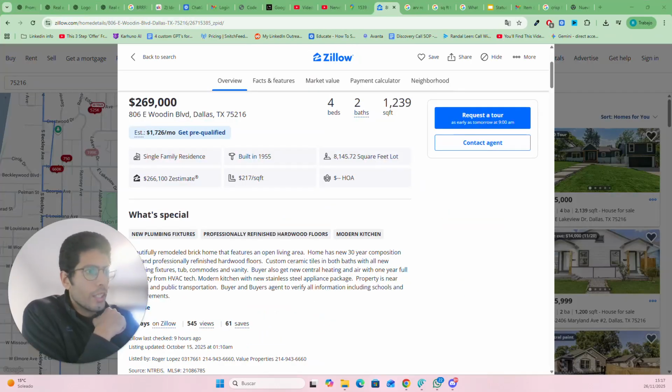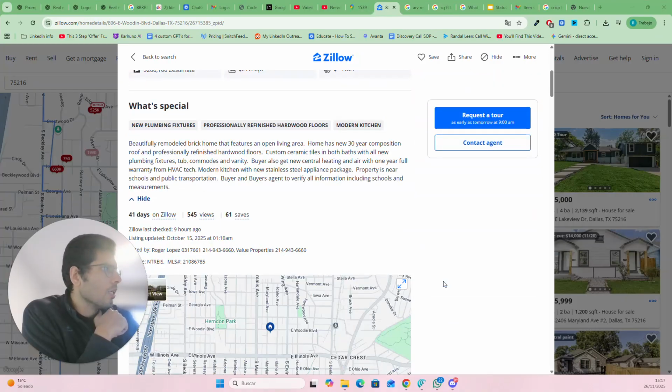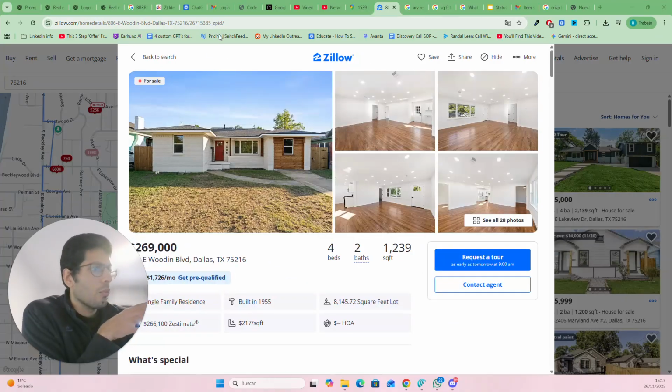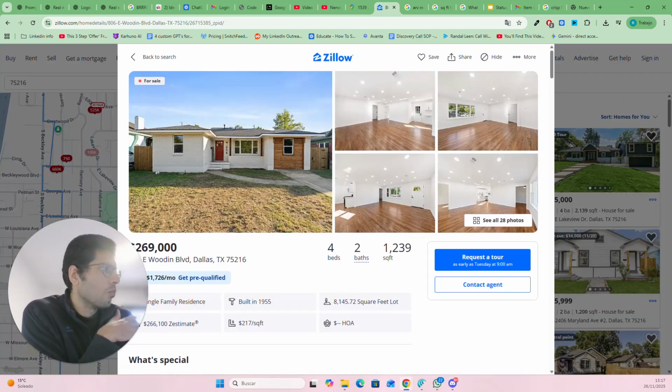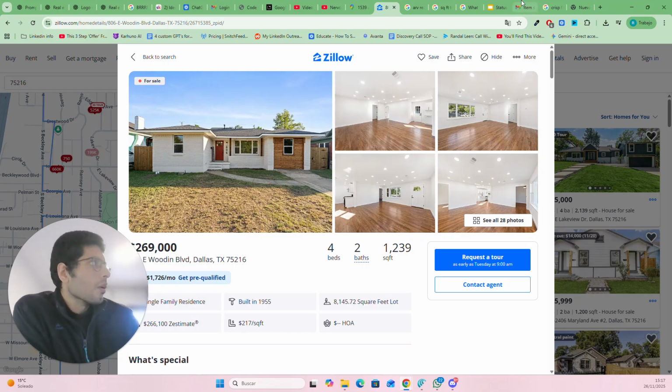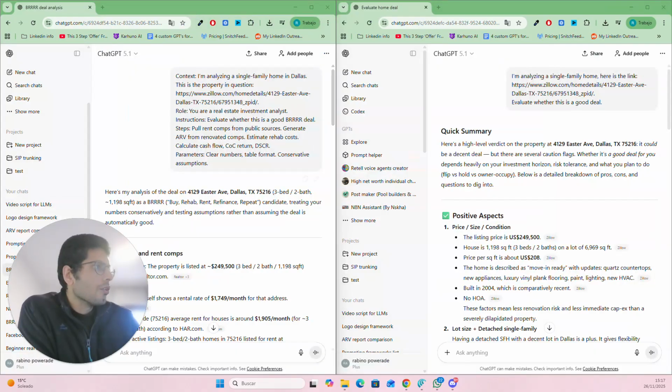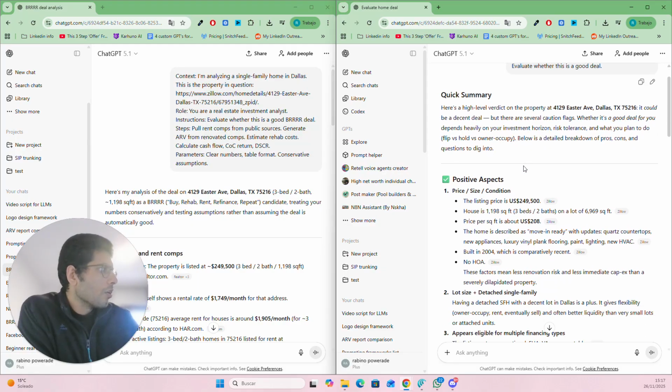So the property in question that we're using is this one, right? And I've just copied the URL. I've just gone ahead and chosen a random property out there. I really like this one because it's got wood floors, and personal preference, okay? So yeah, that's basically what I've done. So here are the two prompts that I'm using to generate these answers.